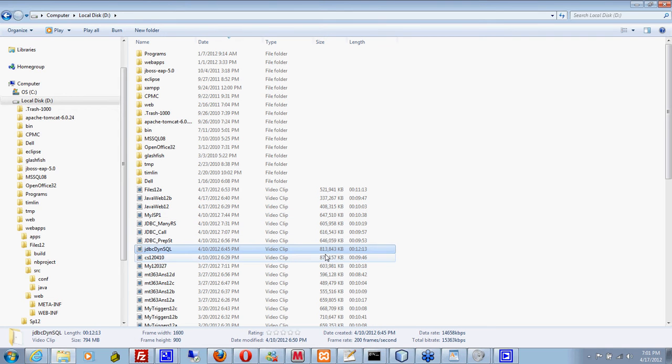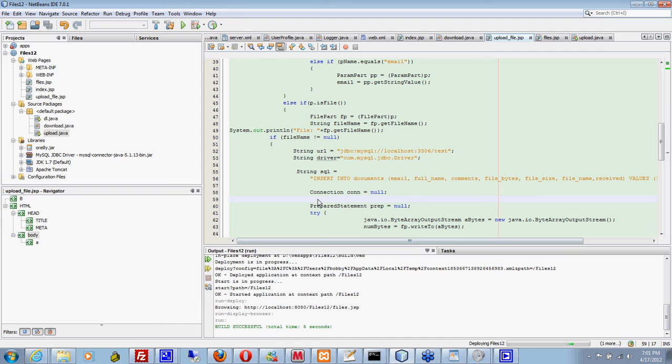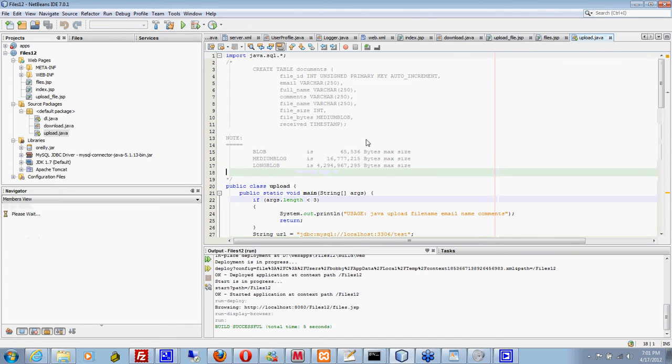If you look at it here, a long blob, that's 16 megabytes. That looks like that's 4 gigabytes. Is that right? Am I reading that right? So in size. Okay. Go back and look at this here. We upload. Then we got the connect information. We prepare the insert statement, and